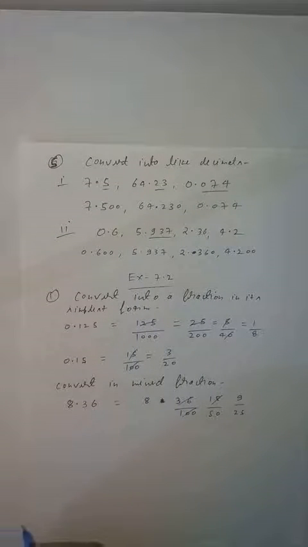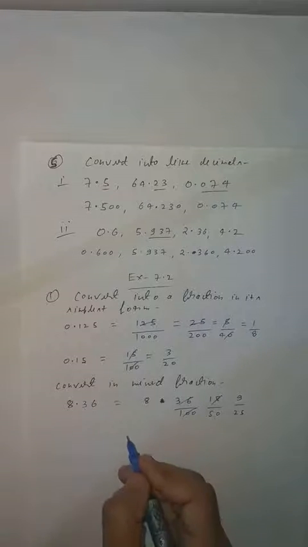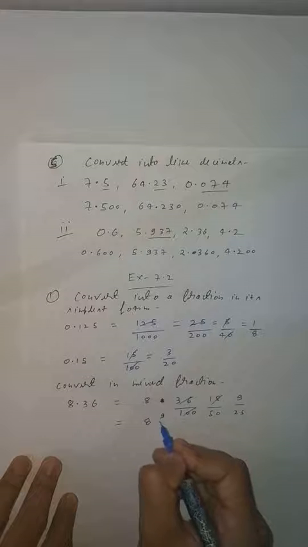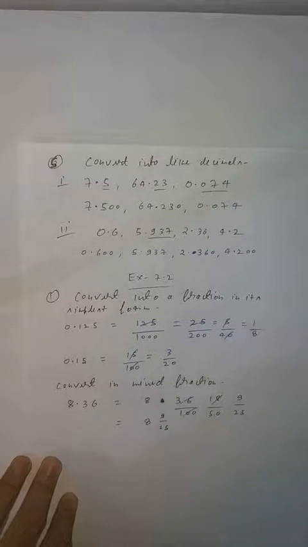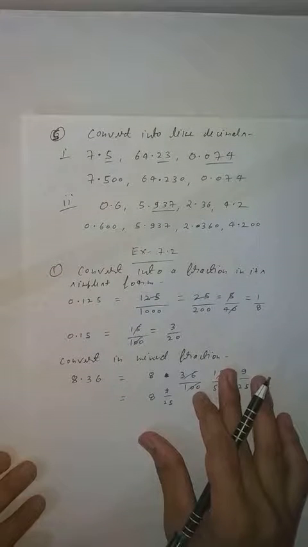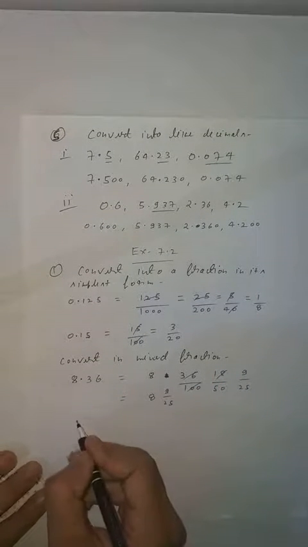8 whole 9 upon 25. So our final answer is 8 whole 9 upon 25. Clear student? This is the easiest way. Now again I am going to explain one another question, like given